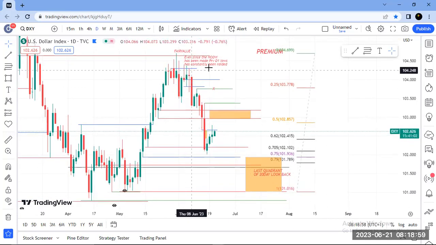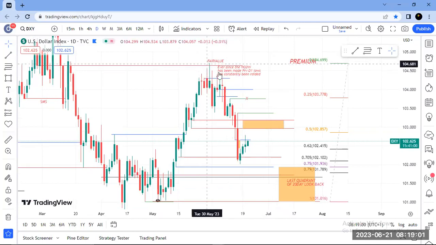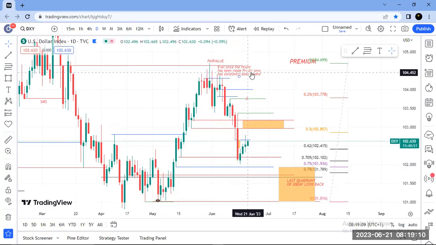Now, look at what I wrote here. To validate my short, I said ever since the high of the week has been made, that's here on Wednesday, the previous daily lows have constantly been raided. So even if I know it,